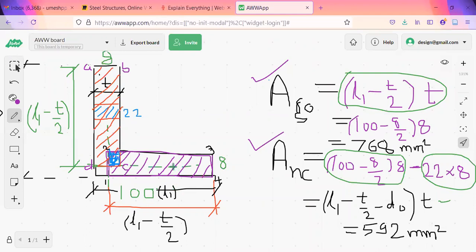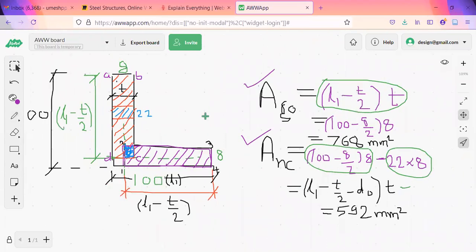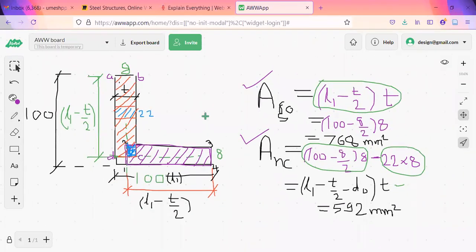Okay. Anybody has any question here? No, sir. You can take the screenshot of this. If you want, I'll write 100, 108, because it is already there. 100, 108 is also there in this. 8 mm thickness is there, 22 opening is there. So try to understand the way like this. Later you check, try to go through this screenshot.